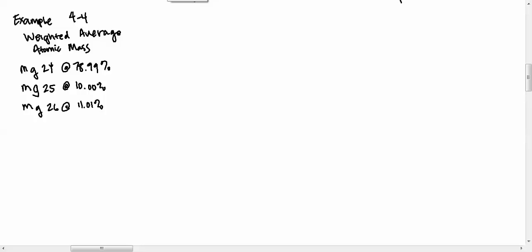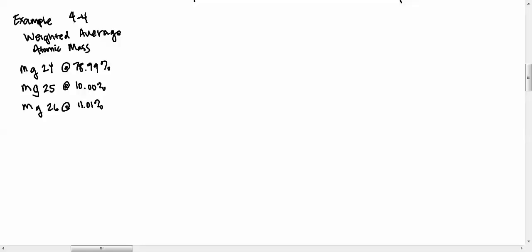All right, so we're doing weighted averages, and what we're going to do is magnesium occurs naturally in three different isotopes. One is magnesium-24, which actually has an atomic mass of 23.985, but we round that off to 24. And it has an abundance of 78.99%. Magnesium-25, which is actually